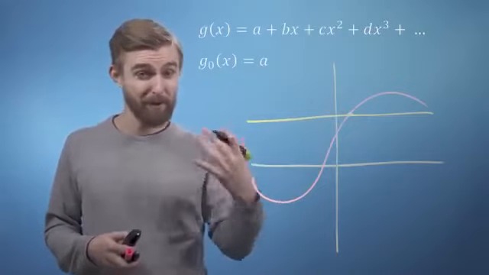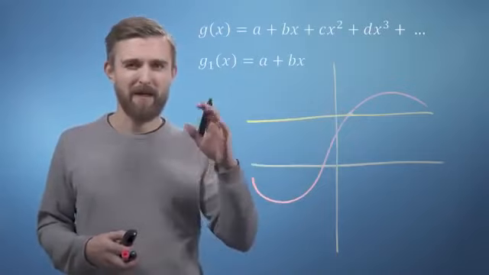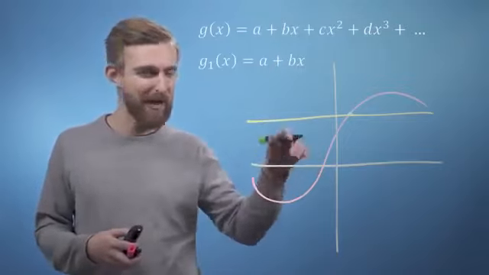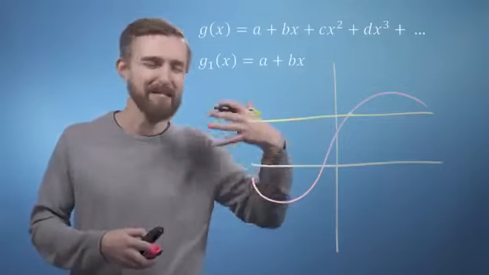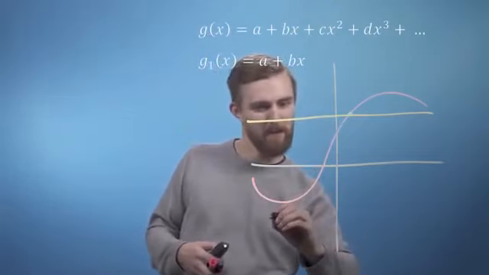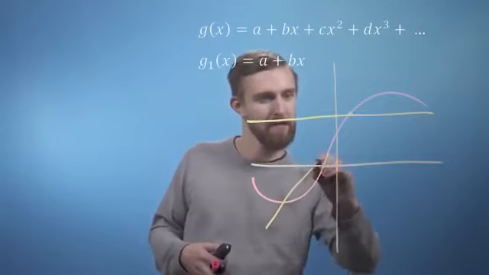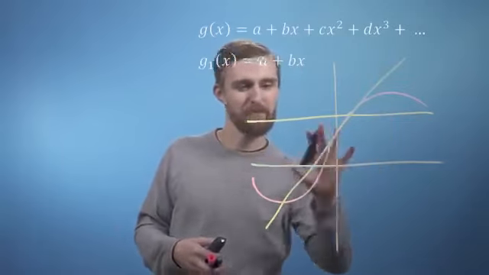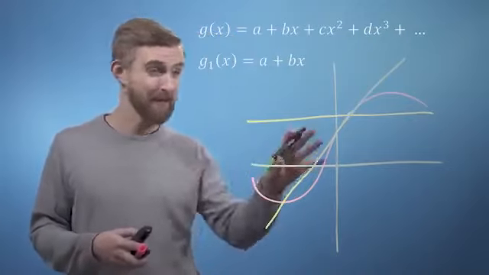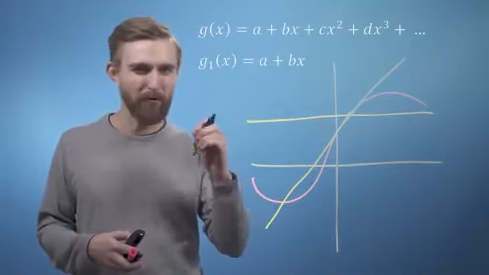So let's now go to our 1st order approximation. This thing can also have a gradient, and if we'd like to match our function at this point, it should have the same gradient. So we can have something a bit more like this, which is supposed to be a straight line. Clearly, our approximation has improved a little in the region around our point,